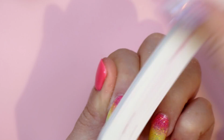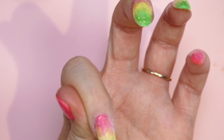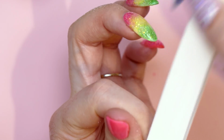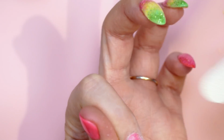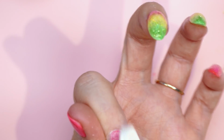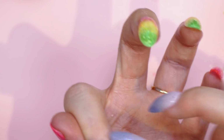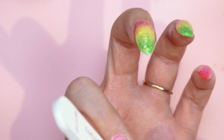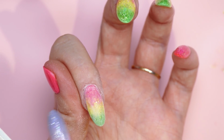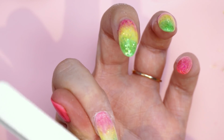The way we're able to do this is, number one, we're encapsulating the product with clear gel, which means we're filing on the clear layer, not on the color. And also because we were careful to keep the areas where we want it thin, like the free edge and the cuticle area, thin as we're working, so that when we do go to encapsulate, we don't end up filing through our clear into our color. So you have to keep everything in mind when you're encapsulating, especially encapsulating color. Otherwise, if you guys remember I had that little hump here, if I had left that hump of color and kept going, obviously at the end I'm going to want to change that shape, and I would have filed right through that,